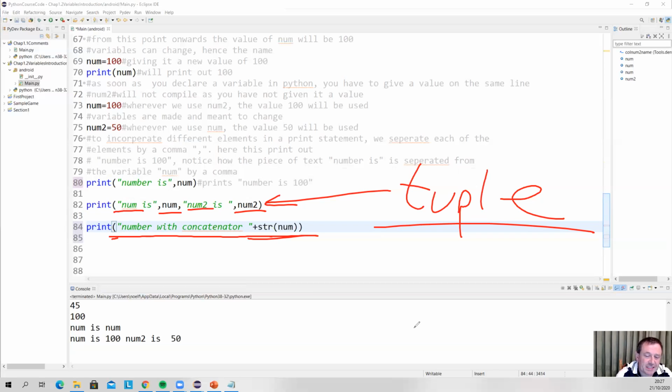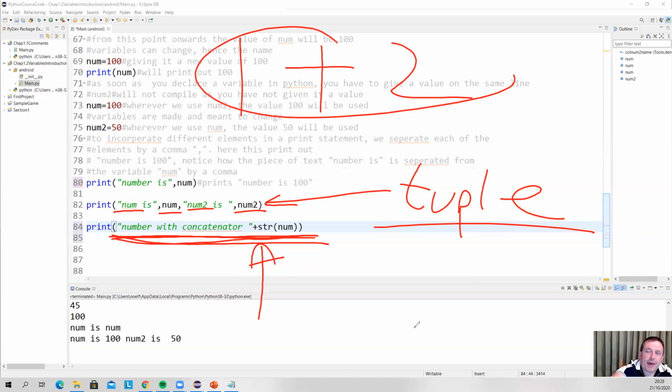Now this is the right way to concatenate something. You'll notice that the plus symbol here is not the addition symbol. In this case, it's something called a concatenator. Again, this is common across all computer programming languages. When you have the plus symbol with two numbers, that is the addition operator. When you have the plus symbol with two strings,